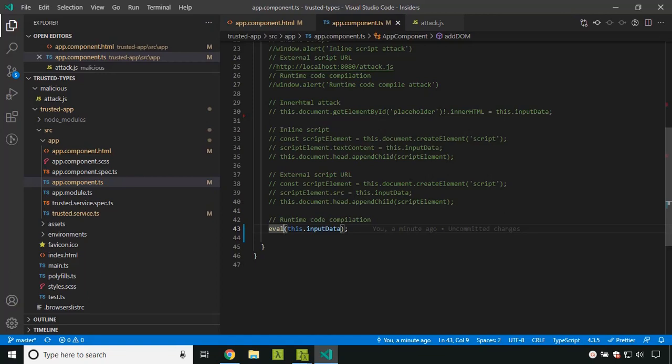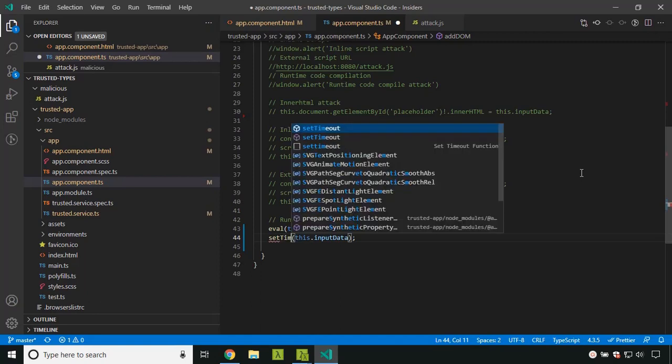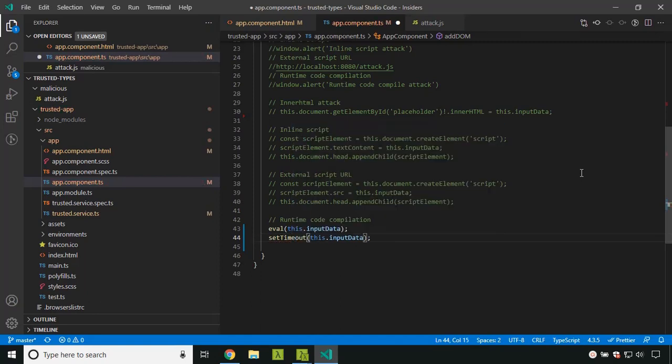Another dangerous method is the setTimeout or setInterval API. Usually we pass a callback function to these APIs, and in that case it's fine, but they also support another format in which you can pass a string to the API. This works similar to eval.